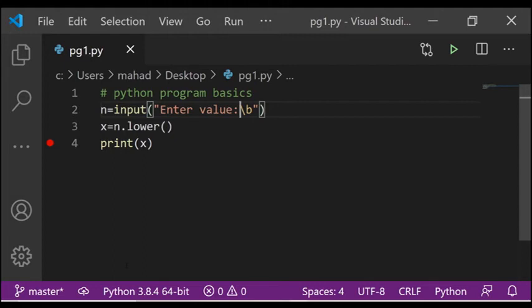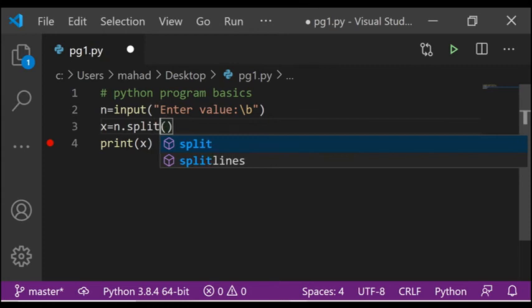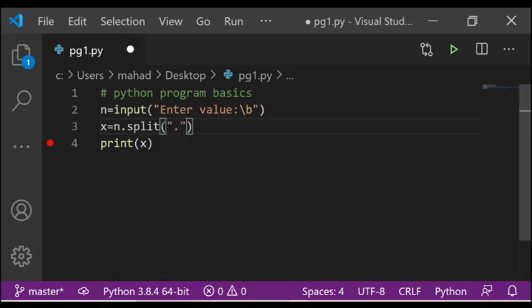So now we did see input, print, upper, lower, and the special values \n, \t and \b, and we also did see type. Last we'll be seeing one more function, that is split. In split we'll be giving a value inside the function, for example a comma. The user should have a comma in the value in order to show where the values should be split.